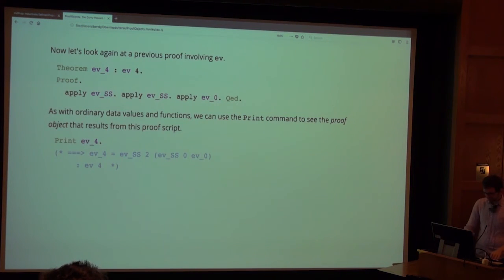After you write a theorem in Coq, you state the theorem and you walk through the proof script applying some tactics. When it's done, you can use the print command to actually see the underlying proof object that was built up by calling these tactics, okay? So if we say print, it will actually exhibit for you the piece of data or evidence that it built up exhibiting the proposition that you stated in the initial statement of the theorem. Oftentimes this is quite gross, but here it's pretty simple. So if we look at this, what is the proof object we built up under the hood? What does the evidence look like? Well, it is probably what you expect. It just applies the